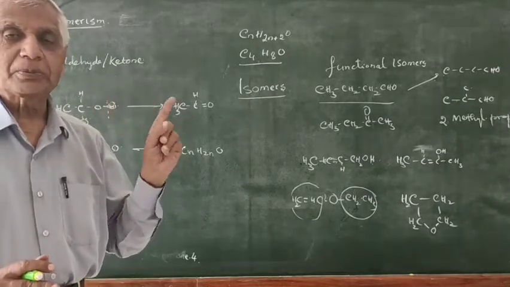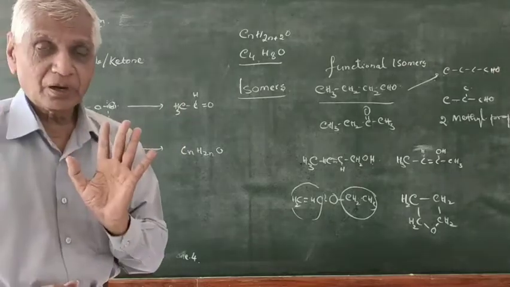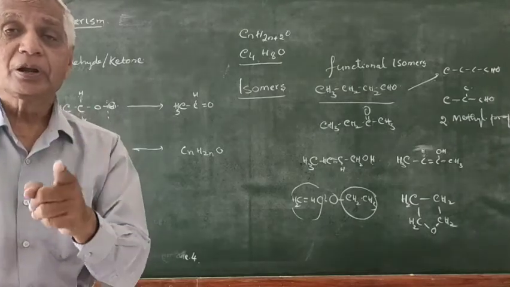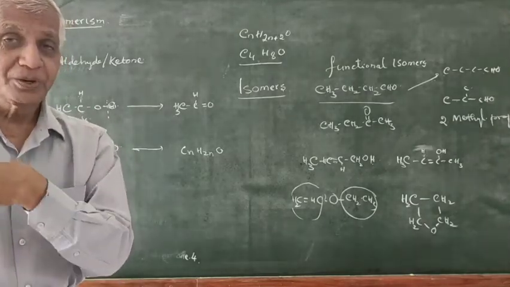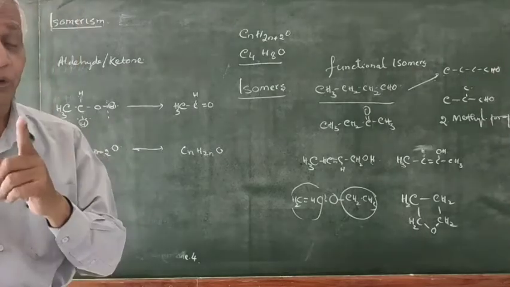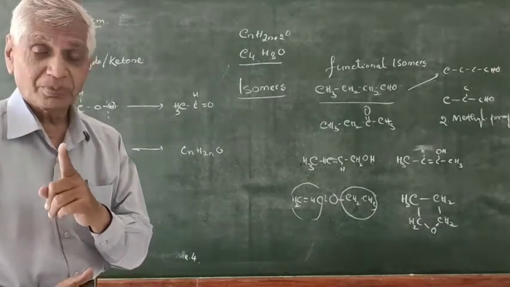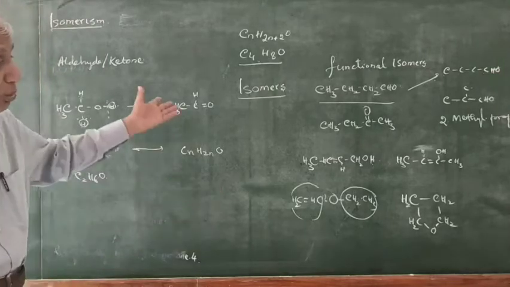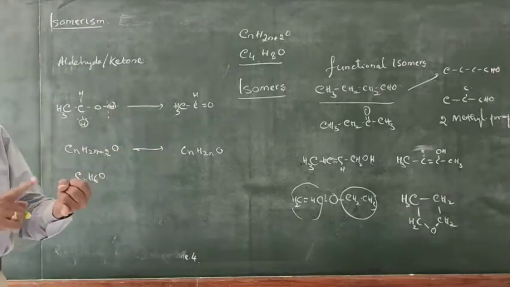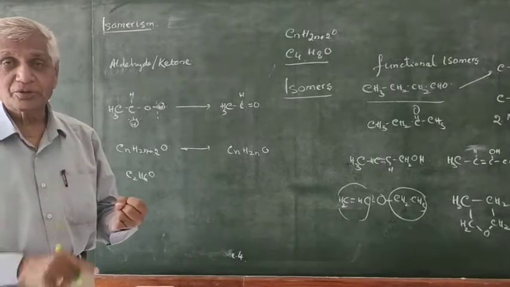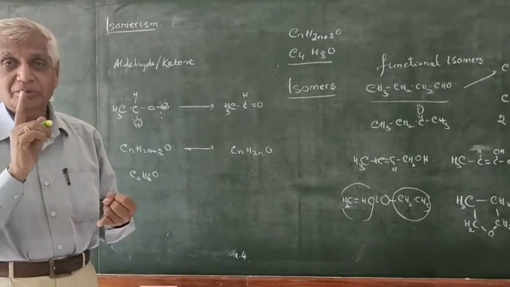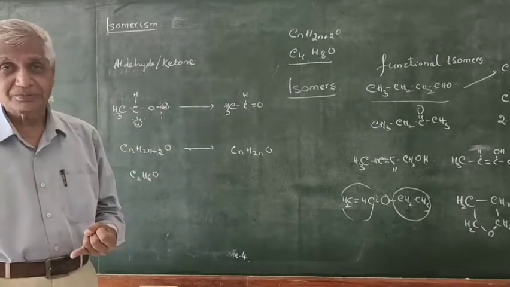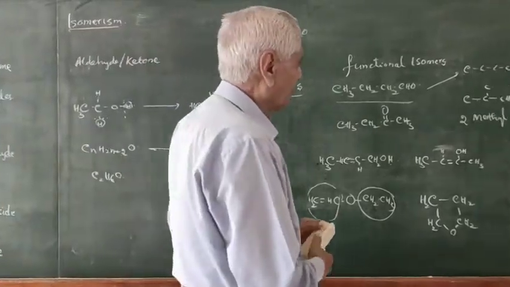And that is possible in the case of aldehyde containing 4 carbon. In ketone, even with 4 carbon, there is no chain isomer. Chain isomers are possible only when it is containing more than 4, 5 carbon. You will get different positional isomers. Therefore, you have to work out very carefully. Please understand. See how many types of isomers are possible here. So many types: functional isomers, positional isomers, chain isomers, unsaturated alcohol, unsaturated ether, cyclic ether. So many compounds are possible. Please try to note down these things.